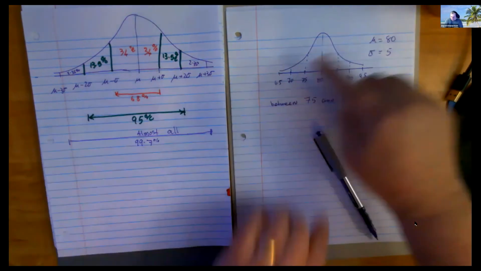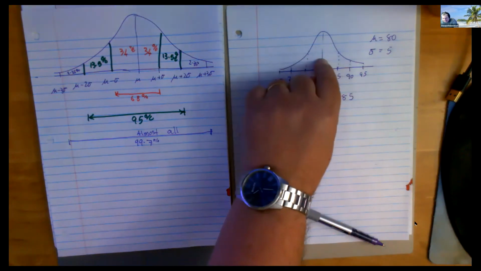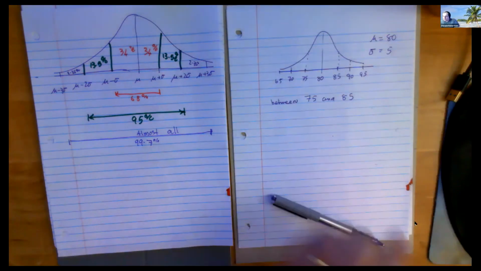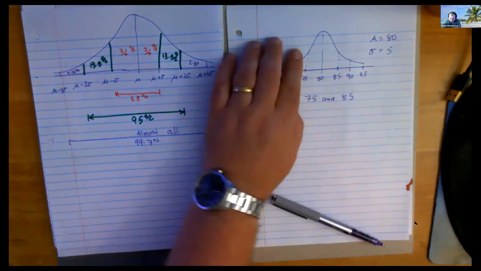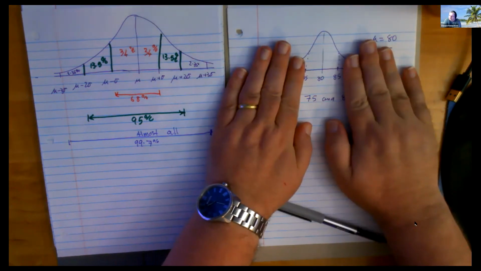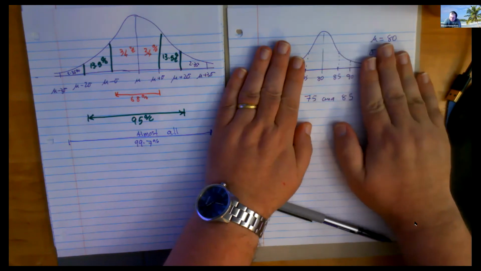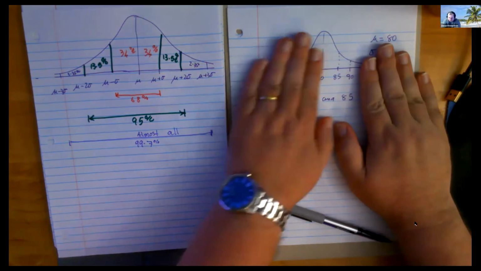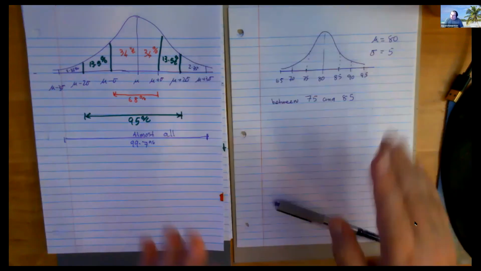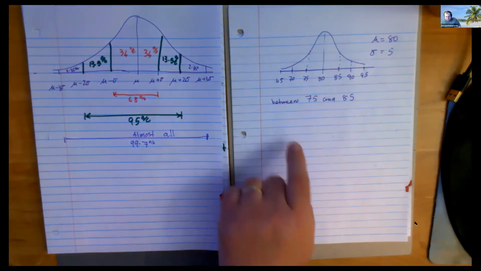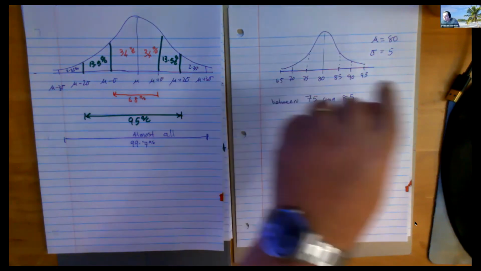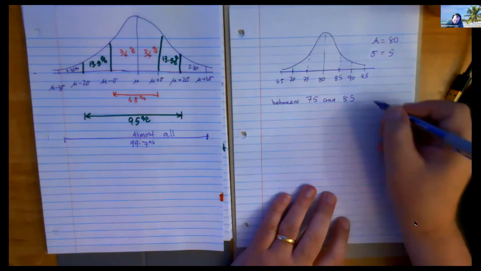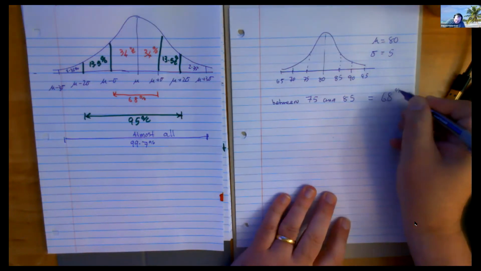The way I do these questions is, think of this as being a cake cut into pieces. And the questions are, you're given this bit of cake. What percentage are you getting, right? Sometimes the cake has 2 pieces in it. In this case, it's got 2 pieces and they add up to 68. Another question might be those 4 pieces, or those 3 pieces, and so on. Almost all these questions involve you finding what percentage of the data is between this number and that number. So in this case, the answer would have been 68%.